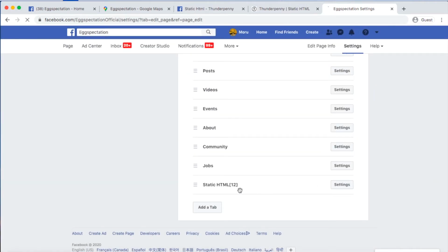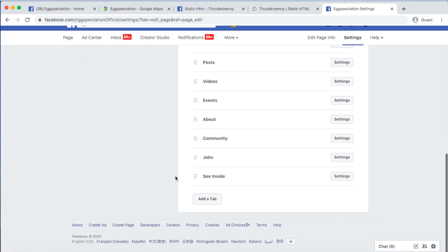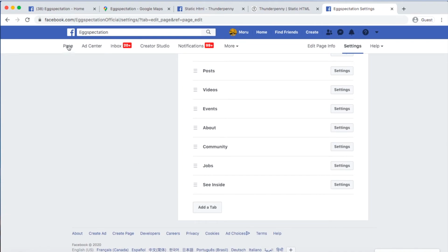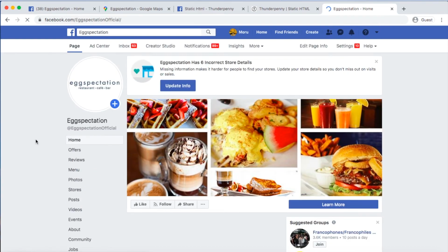Over here, if you refresh, now you see it over here. Now we just have to see how it looks like on your Facebook page. If you scroll down,